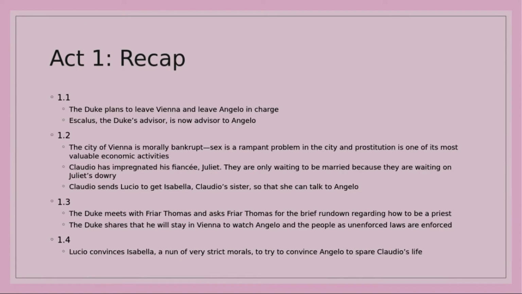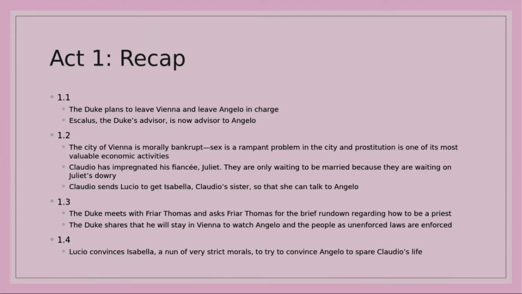Now, the nice thing about Act 1 is it really sets up a lot of things for us, right? It sets up the setting. We know a heck of a lot about Vienna now. We know how it used to be under the Duke. We will know how it will be under Angelo. We know that the church is a little bit complicated, because Friar Thomas is condoning the Duke acting as a friar, which is weird. But then when you think of the fact that religious figures also defer to secular rulers, then I guess maybe it's less weird. I don't know. I still find it weird.